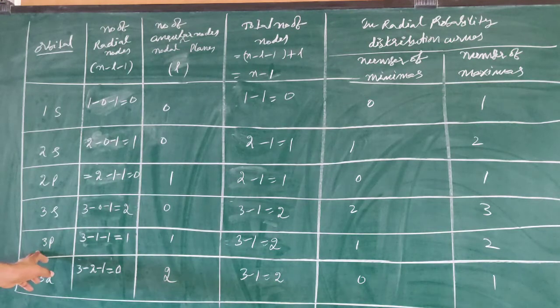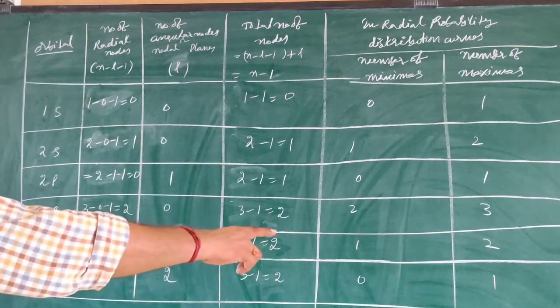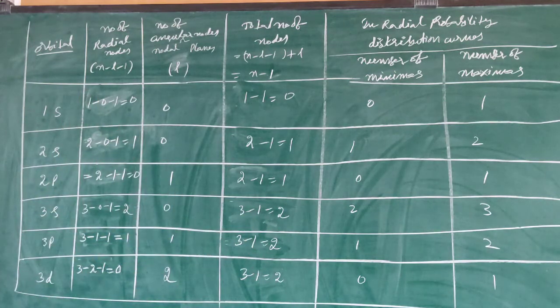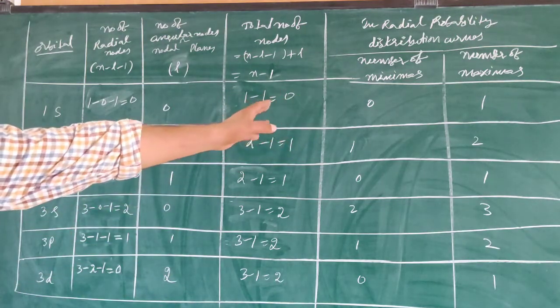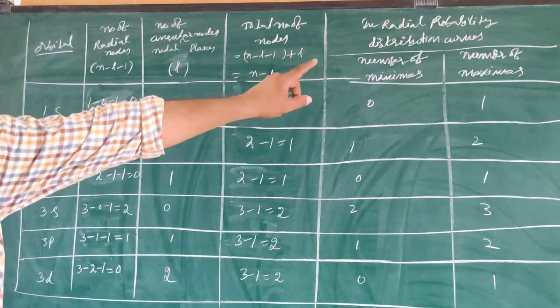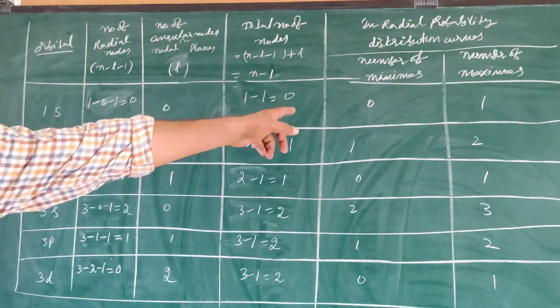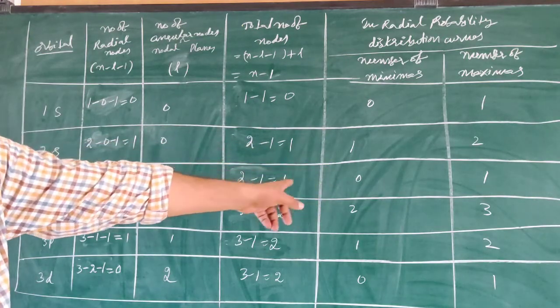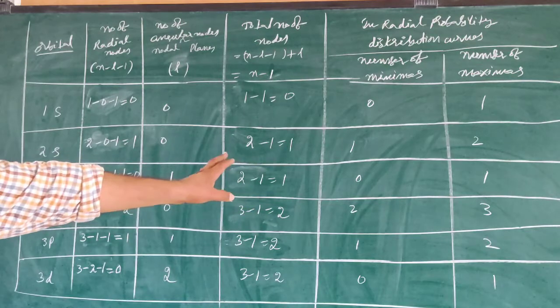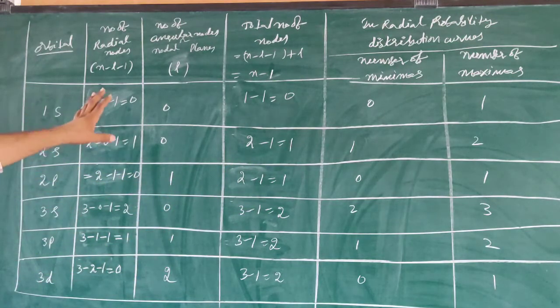In the case of 3p, okay, here if you observe, 2 maximas are there. If 2 maximas, that means 1 node, 1 minima. In the case of 3d, you have only 1 maxima, so minimas will be 0. If you observe, the minimas are always less than the maxima by 1. Where maxima is equal to 1, minima becomes 0. Maximas are 2 means minima becomes 1. In the case of maxima is 3, minimas becomes 2, like that. Okay, please observe that. Okay, these are useful for objective examinations.